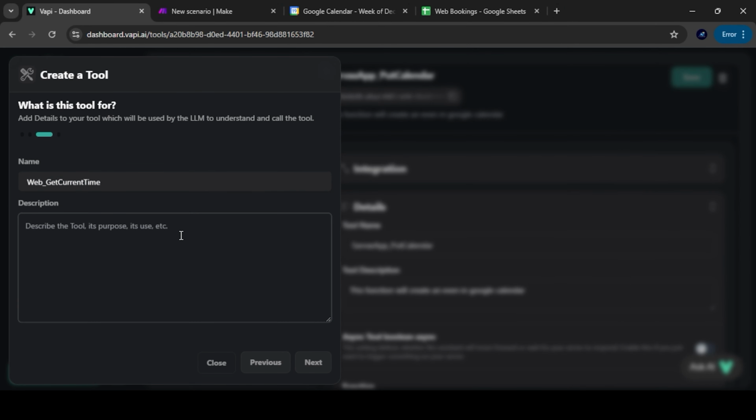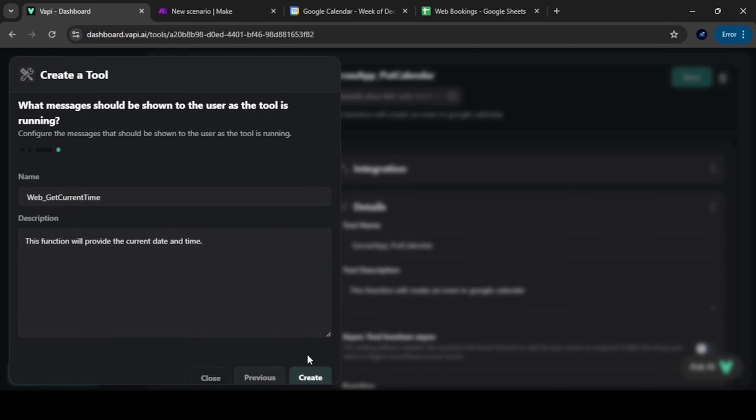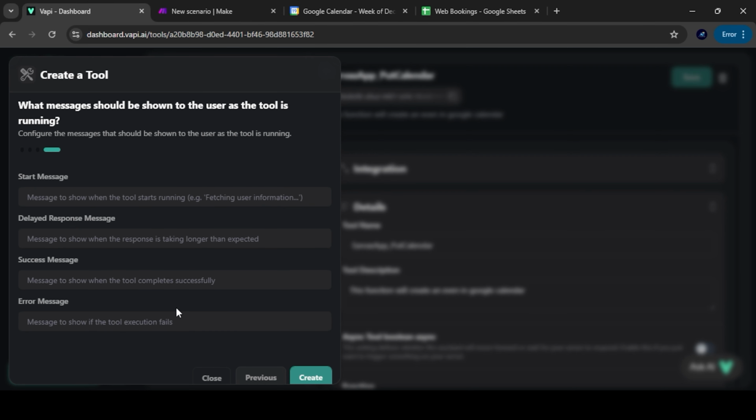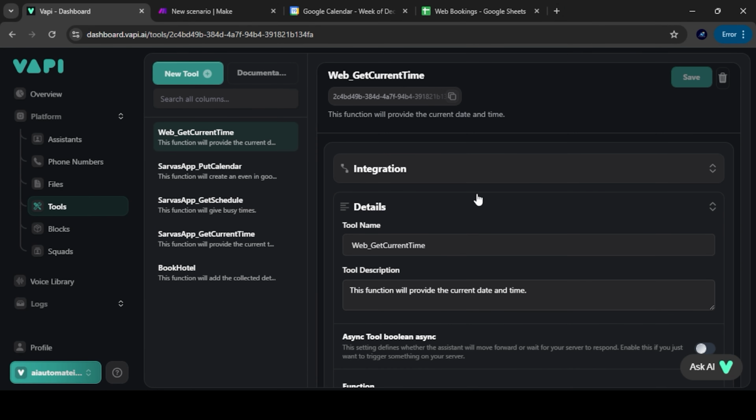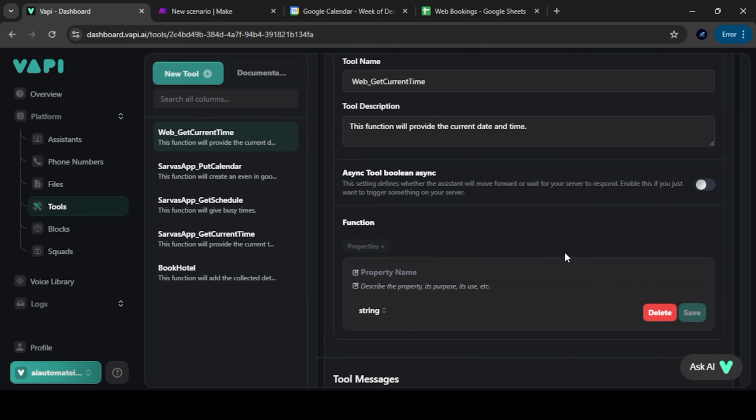Paste it. Provide the description. This function will provide the current date and time. Okay, click on next. Not required. Create. So our function is created now.